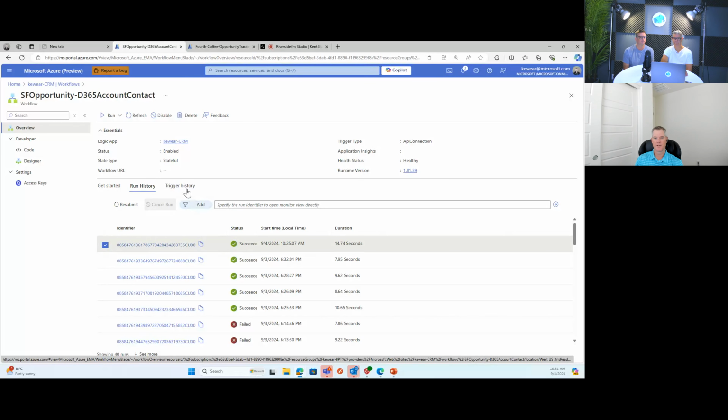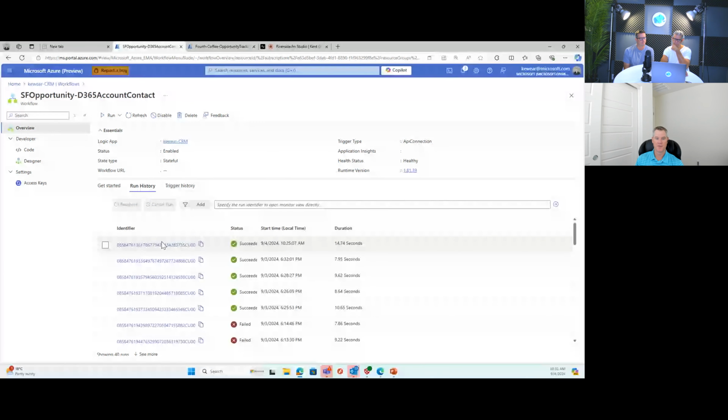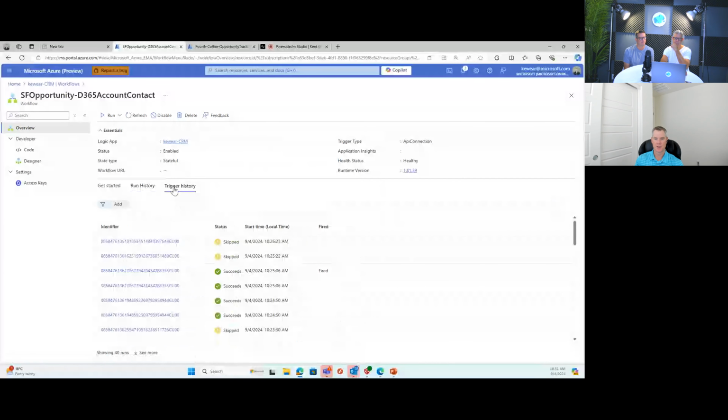Yeah. Now, another interesting piece here is this represents the run, the execution of the workflow. But then there's also this notion of, how do I know that my trigger is actively listening for messages? And that's what you can see here, a series of logs that says there was a check looking for messages against Salesforce. And then here's the one that actually fired itself. You can see that skip just means that there's no data available. When you see these ones, it's kind of interesting. There were events that were listened for, but they were basically filtered out.